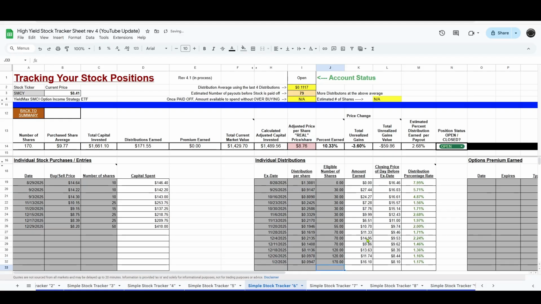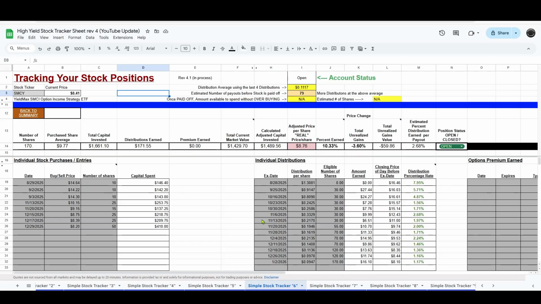now becomes $8.76. Yes, I am still at a loss on SMCY, because if I were to sell all my shares at that current price of $8.41, I will lose 3.6%, which is about $59. Not too bad, right? And if this price for SMCY does move back up, then I can continue lowering my real price per share with those distributions and hopefully get below that current price and turn this red SMCY to